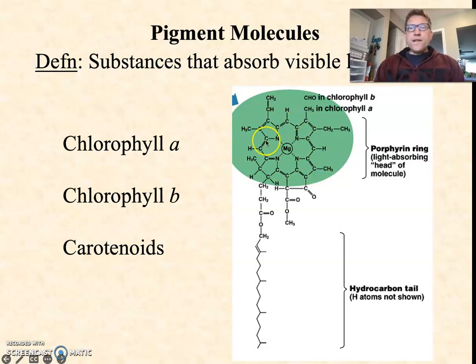First thing you see is that we've got a lot of ring structures, and at the center we have a magnesium ion. The ring structures then, you notice, have alternating double bonds. Now you may not have taken organic chemistry yet, but I'll give you a little spoiler here. In organic chemistry, alternating double bonds create something called resonance. And resonance is essentially when the electrons from these double bonds have the ability to actually move across all of